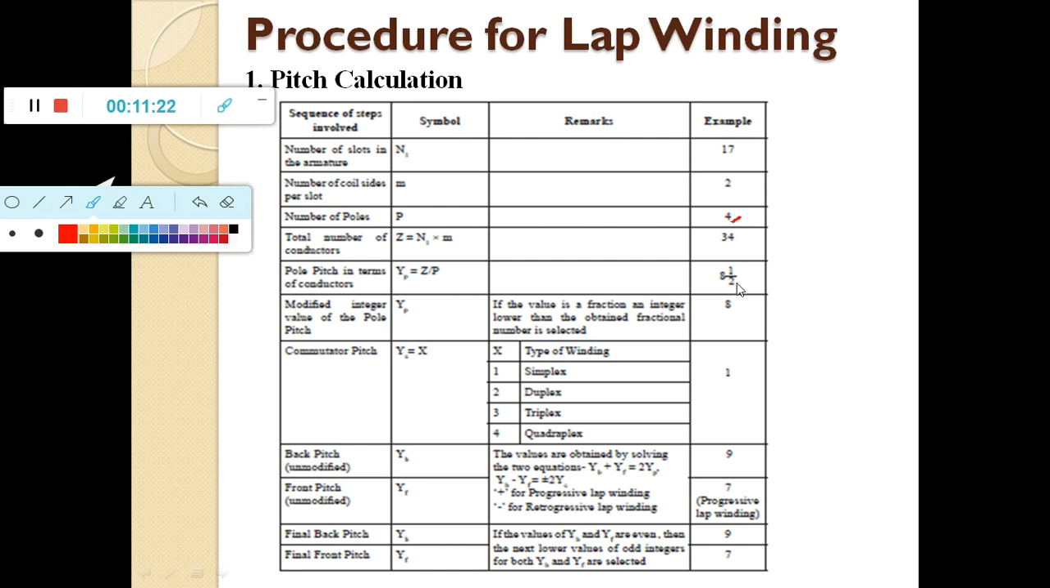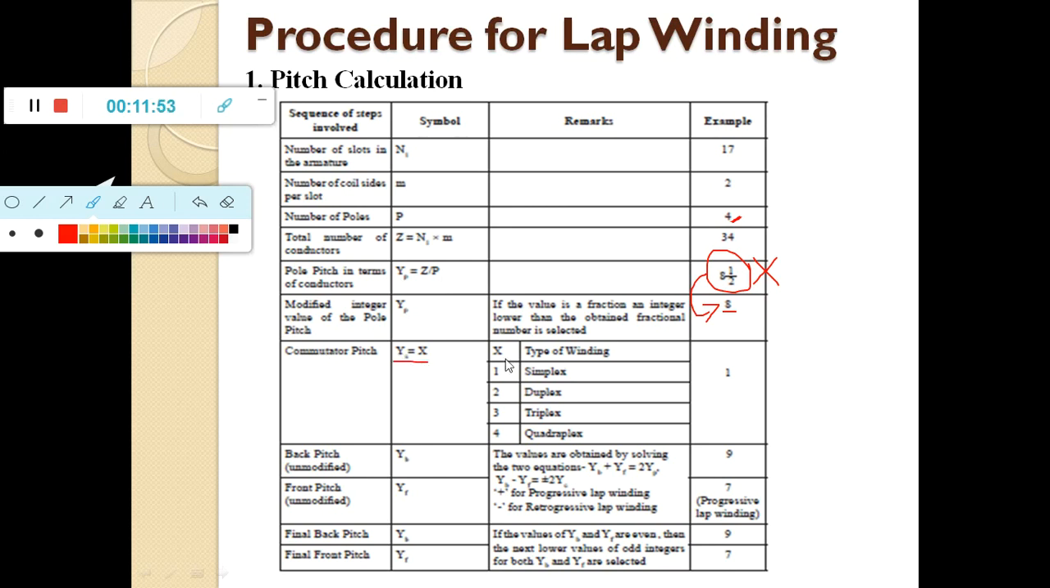But here I should not take the pole pitch as a fraction, so I need to modify the pole pitch value. That's why I have rounded it off to a lower integer, 8. So the modified and final pole pitch value is 8. And the commutator pitch, YC is equal to X,